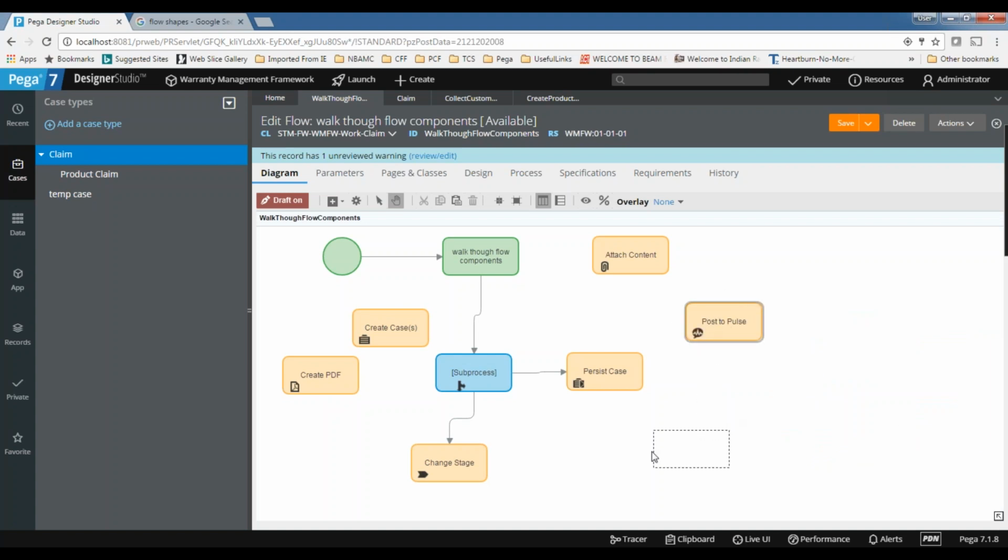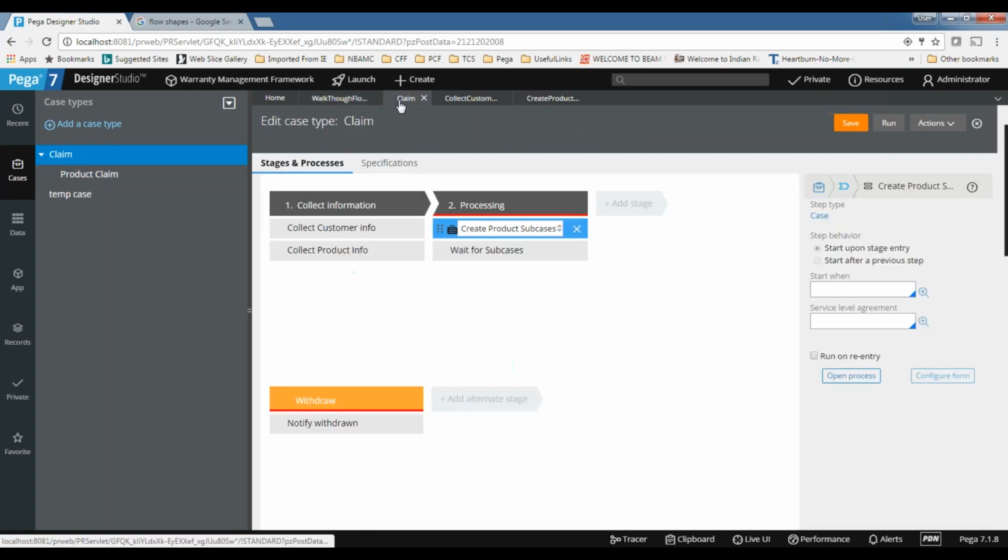This post to pulse is a collaboration tool. The pulse is a collaboration tool, basically among the case processors. The case is going to multiple people, so we are routing the assignment to multiple people. That means multiple actors are involved in the case processing. So let's say a claim is raised by a customer. When I run the case, you can see